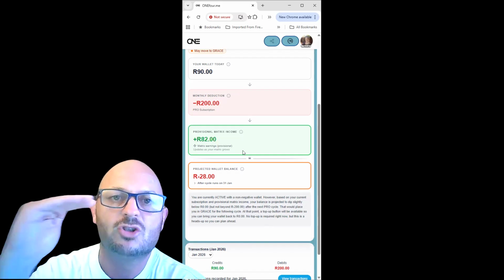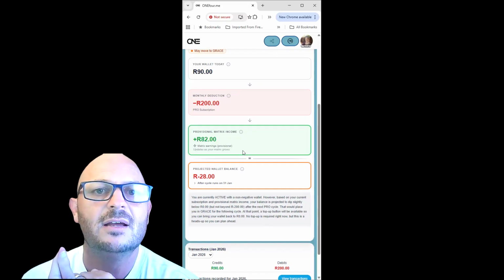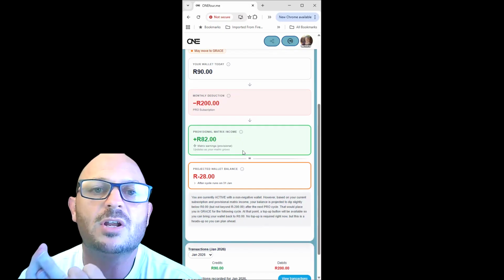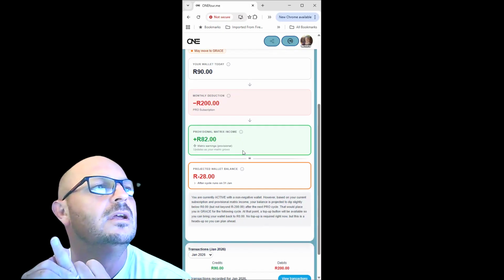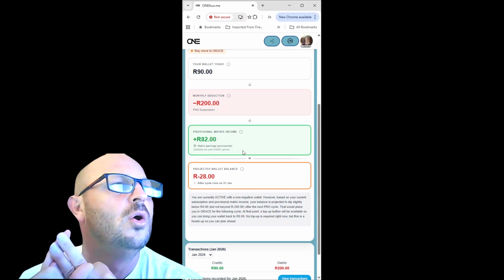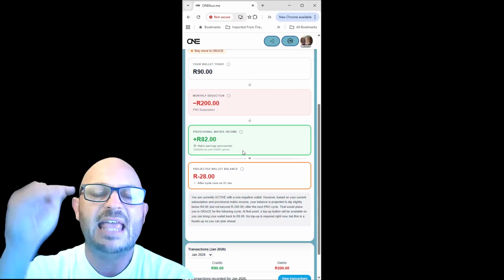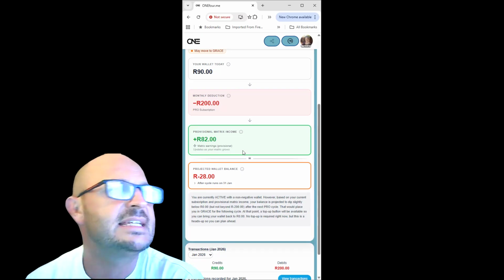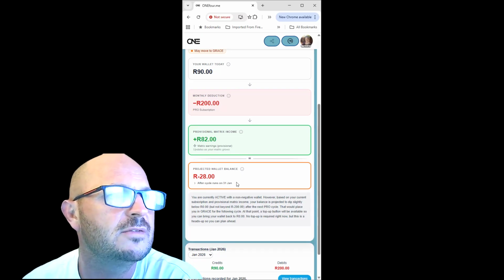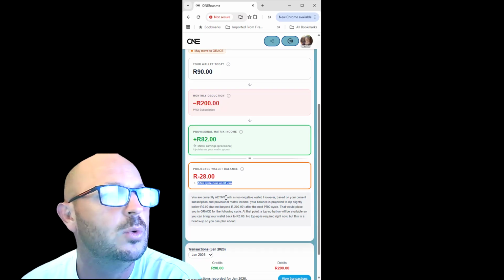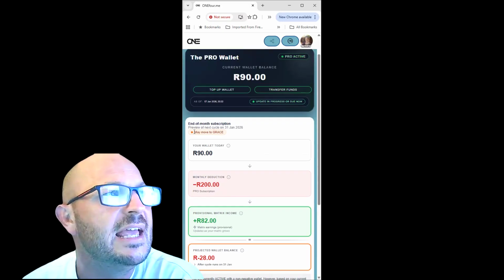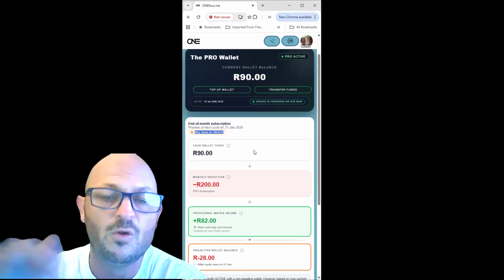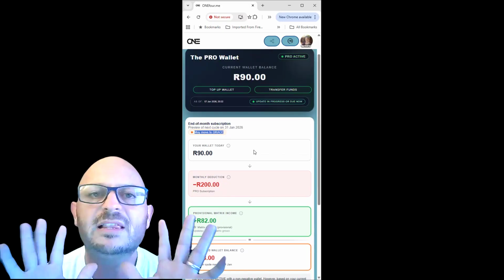Once all of these transactions happen, so your current wallet balance minus the 200 monthly pro subscription that will happen at the end of the cycle, and then also adding your provisional matrix value, at the end of the cycle this wallet will sit at minus 28 rand. And there it says, after the cycle run on 31st of January, this is what your wallet value will be. So you are potentially in a situation where you will end up on a grace status for the next month, which is fine. It's perfectly fine.